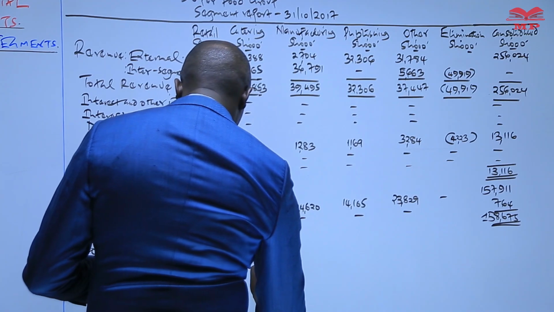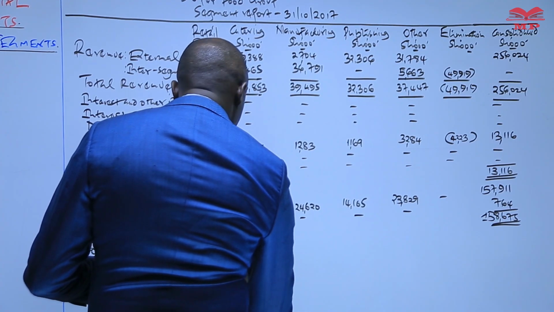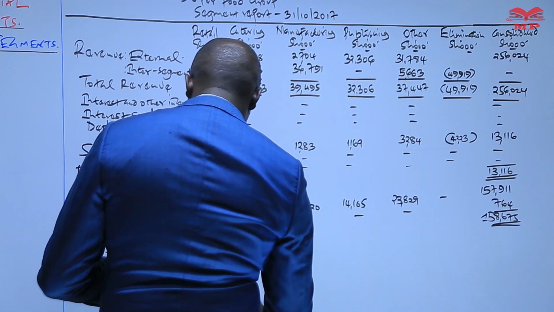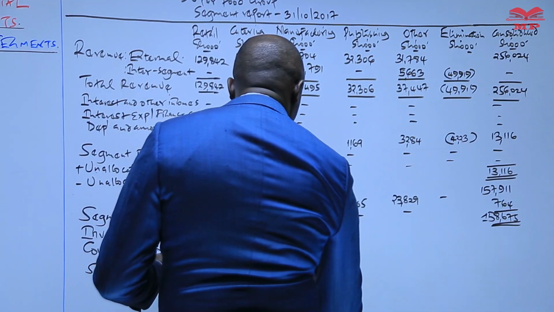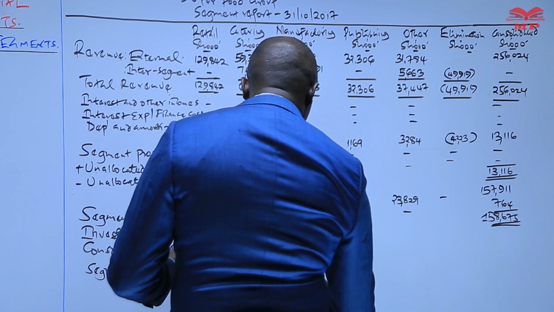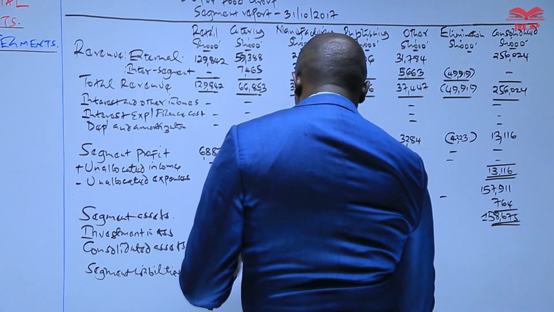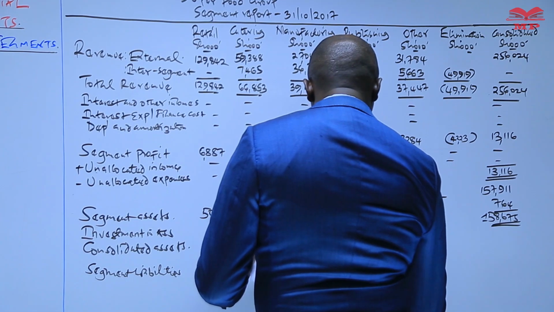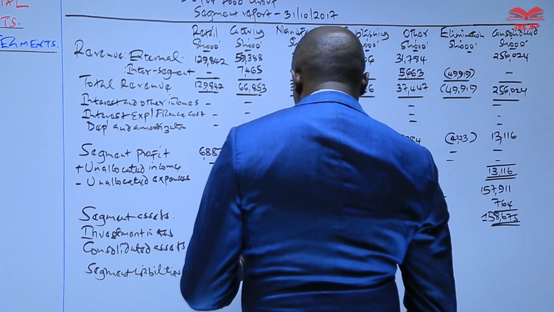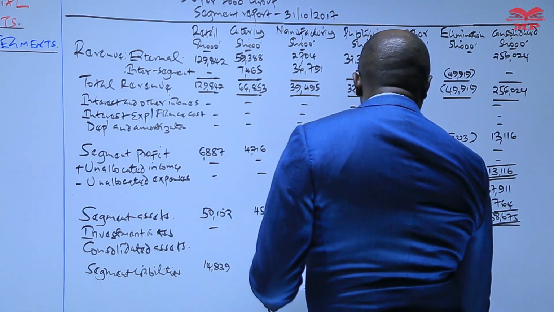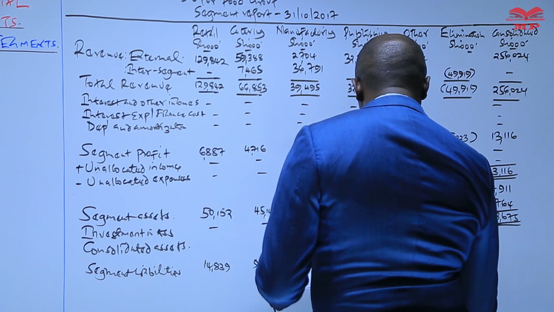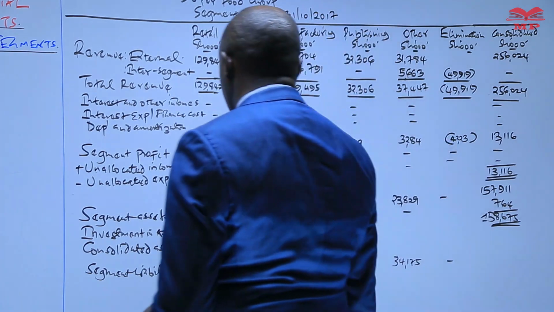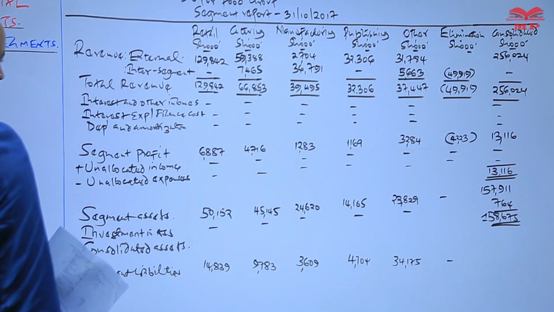Then we have 97,83. Then we have 36,09. We have 47,04, and then for others we have 34,175. So basically what we need to do, we get the total, we take that to the last column,